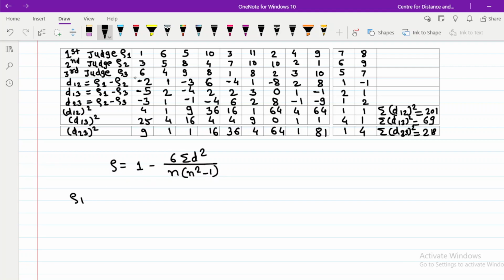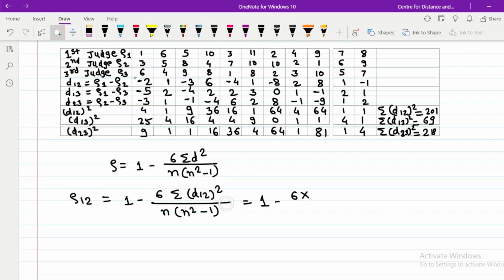First, we find rho 1, 2, which is equal to 1 minus 6 into summation d12 square divided by n into n square minus 1, which is equal to 1 minus 6 into summation d12 square is equal to 201 divided by the value of n is 11, that is 11 into 11 square minus 1, which is equal to 1 minus 6 into 201,